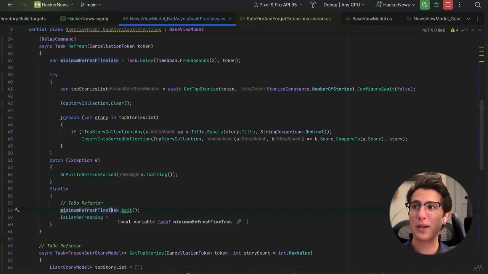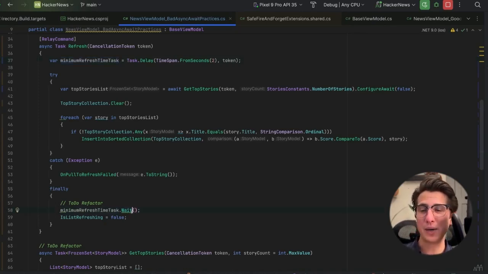Meanwhile, I'm going to finish running this task, this minimum refresh time task on a background thread. Let's say, hypothetically, that thread 1 gets down to here and calls .wait, and the minimum refresh time task still has 1.5 seconds to complete. Well, .wait tells thread 1, okay, you stay right here. You are not allowed to go anywhere until this background task is finished running. And that means, because it's thread 1, our UI thread, that now our app is frozen for that remaining 1.5 seconds. And this is never good. We never want to use .wait because